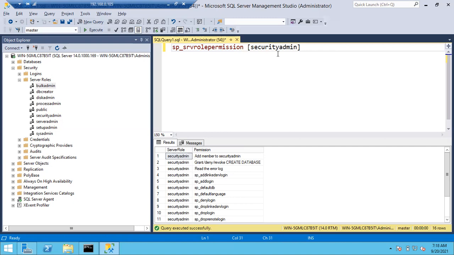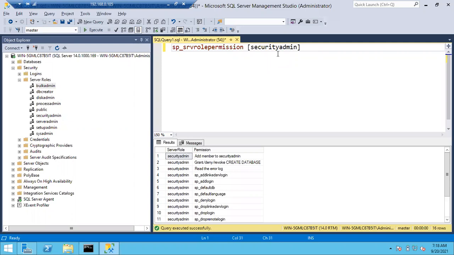He can grant or revoke. Especially, very important permissions are, he can create the logins, drop the logins, rename the logins, and change the passwords of the logins. So my question is, can a security admin delete any sysadmin login or not?